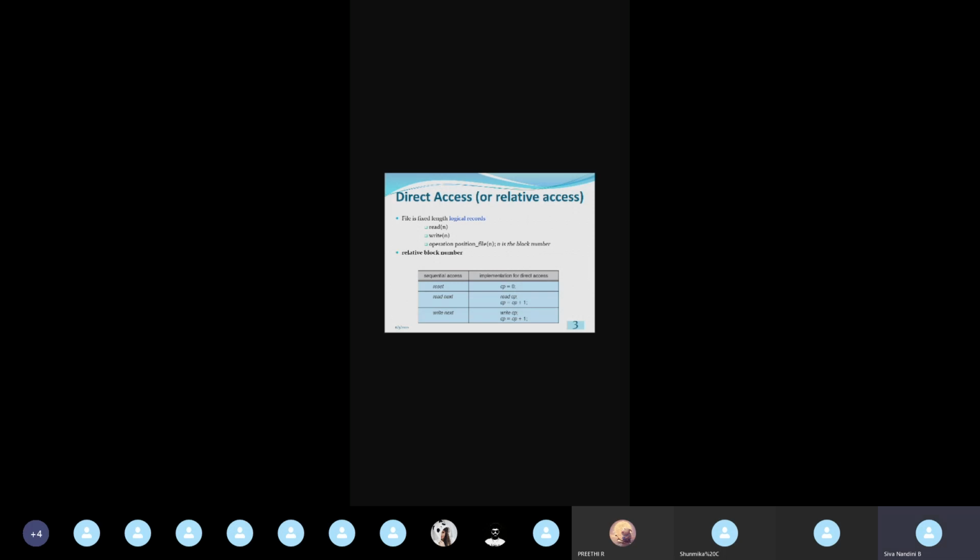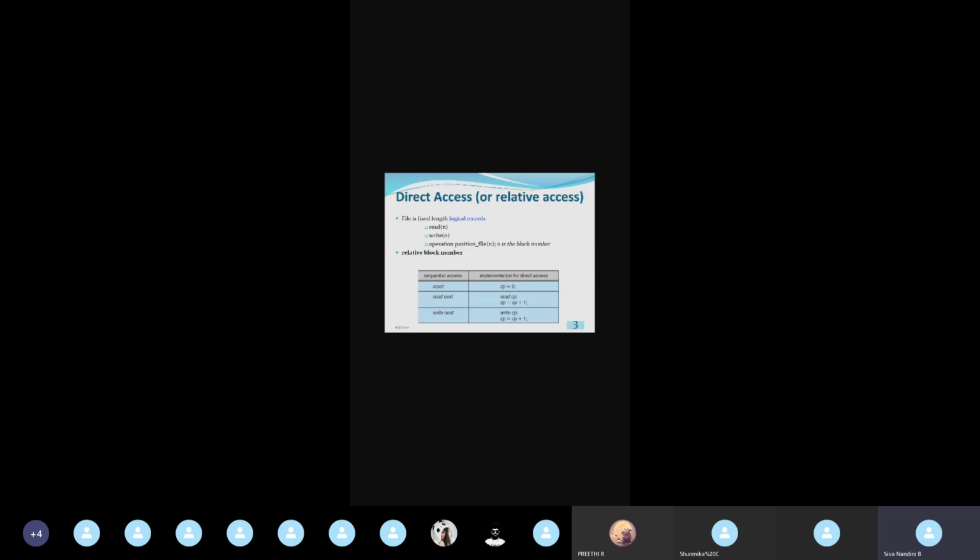So CP is equal to 0 here, and next CP is equal to CP plus 1, which means CP is equal to 0 plus 1. That indicates CP is equal to 1. Clear? That is how we access the next location in direct access.